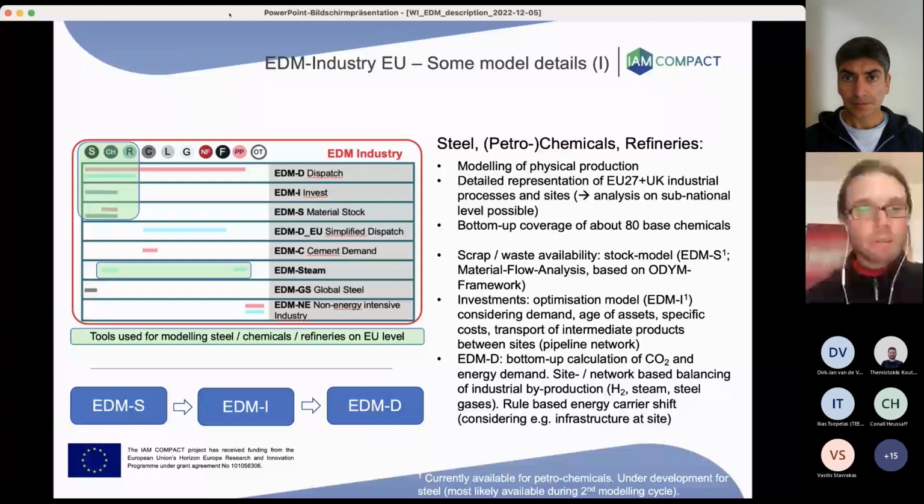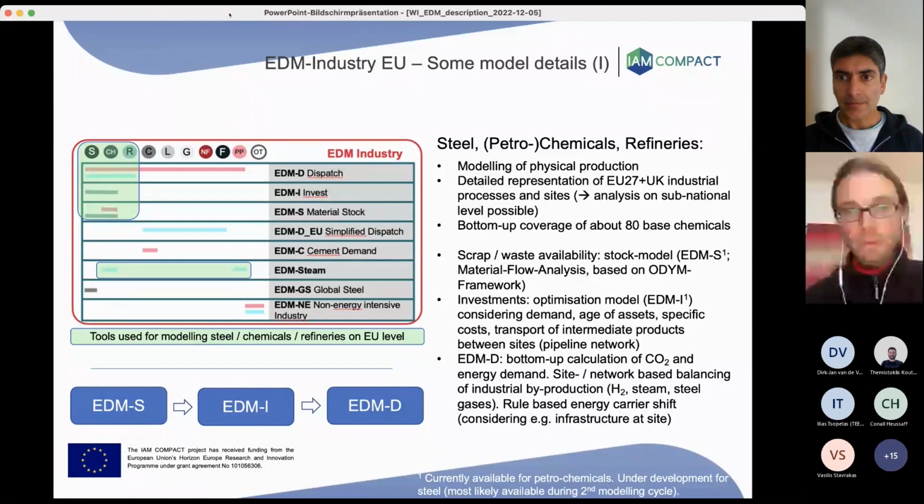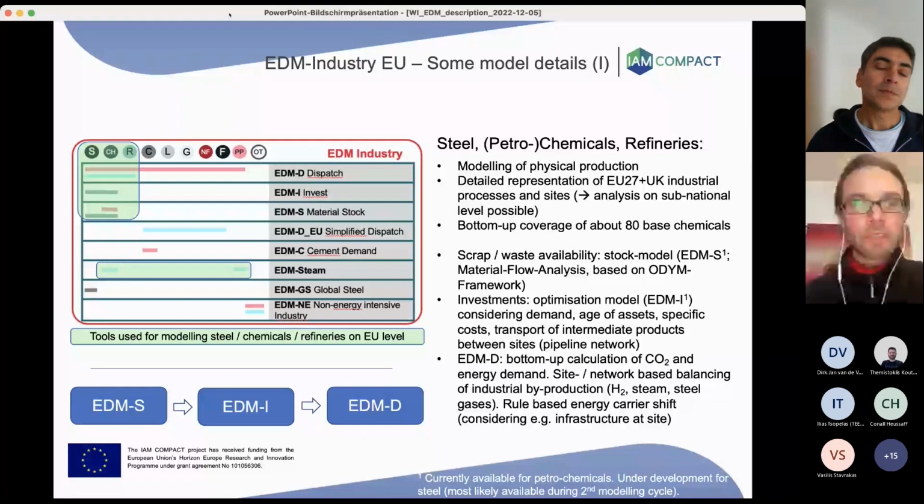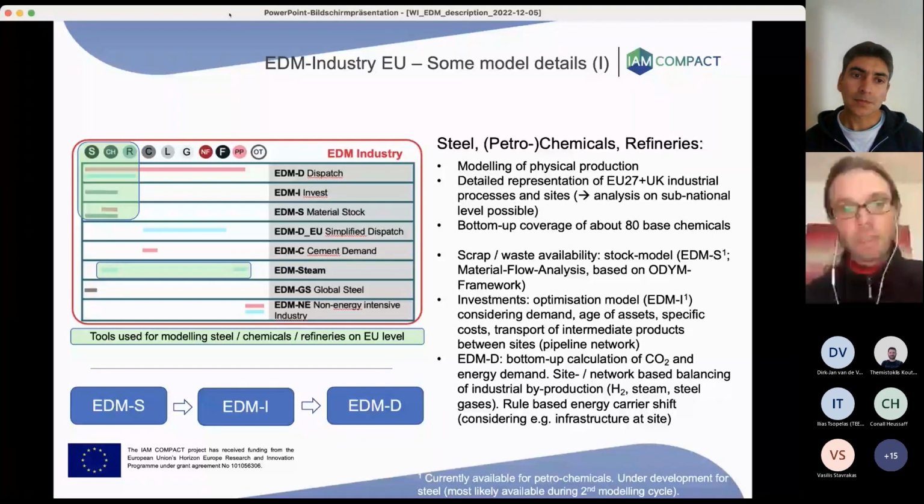Then we have an optimization model, which is used to decide on investments and considers all typical things. To highlight, for the chemical industry it also considers the pipeline network between industrial sites, for feedstock and for intermediate products, so that transport costs can be assessed.